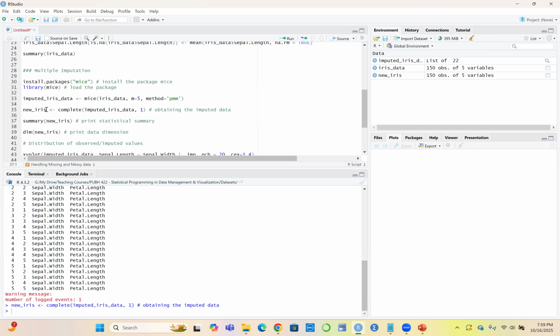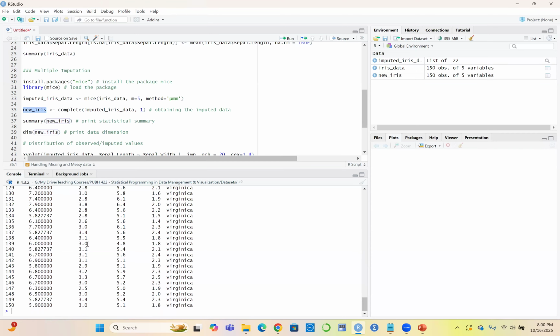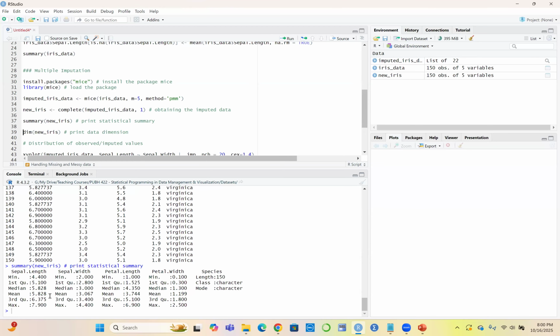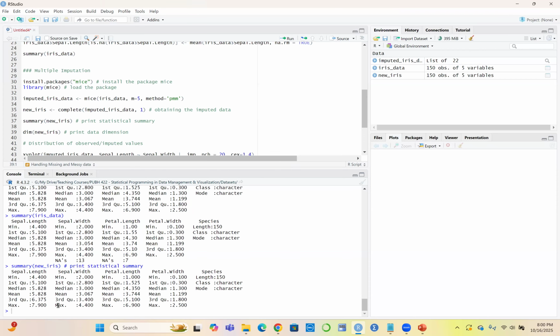So now we have run it. If you want to see the entire data, you can look at it over here. You can go through it and see there is no missing data. But either way, you can use the summary to see. If you look at the summary, there is no missing data. Whereas if you look at the summary of the iris data itself, we have NAs for sepal width and sepal length, right? But once we apply the multiple imputation, if you use the summary, we can see that we don't have any missing